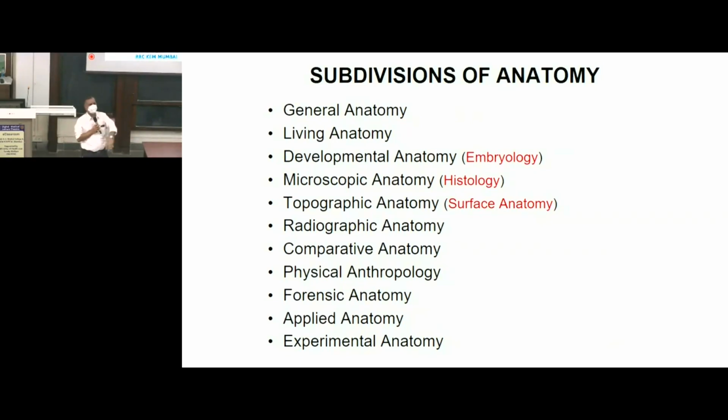Okay, so accordingly, I can say I want to study head circumference of students, first MBBS students. So that is physical anthropology. And then I will group you, and then see comparative values, something like that. We can study differences between males and females. That way. Forensic anatomy.